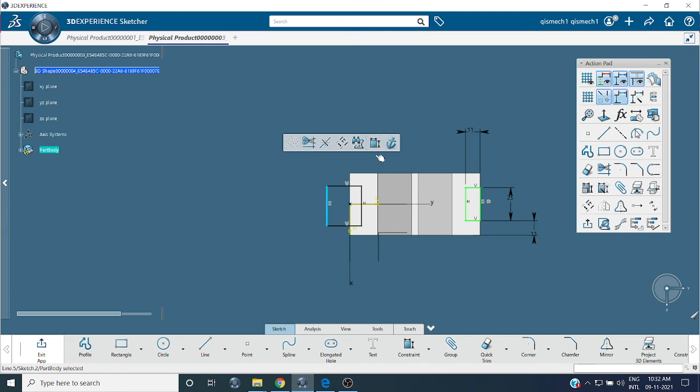Same thing, it is how much? 25. This length it is 11. Last one, this edge should be coincident from this line, vertical line to the edge.